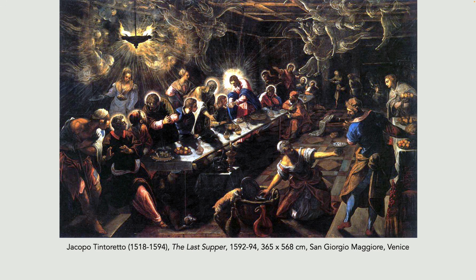Let me show you mannerism in Venice. Now, unlike mannerism in Florence and Rome, Venetian mannerism was characterized by dynamic diagonal compositions, dramatic lighting, which you see here, spatial effects, intense colour contrast, complex crowded scenes, and this theatrical staging of religious and mythological subjects. And we see all those features in this painting by Tintoretto, Jacopo Tintoretto.